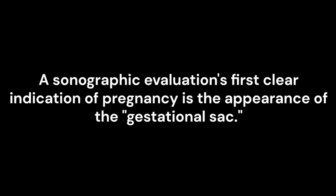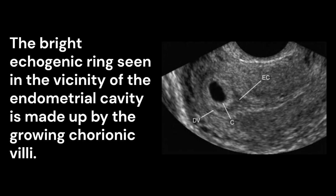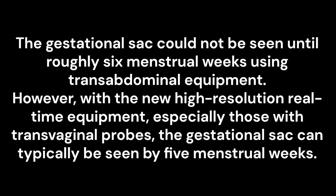The first definitive sign of pregnancy identified by a sonographic study is the formation of the gestational sac. The bright echogenic ring seen in the vicinity of the endometrial cavity is made up by the growing chorionic villi. The gestational sac could not be seen until roughly 6 menstrual weeks using transabdominal equipment. However, with the new high-resolution real-time equipment, especially those with transvaginal probes, the gestational sac can typically be seen by